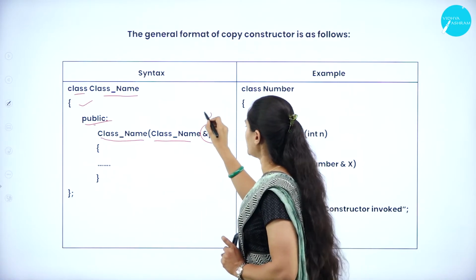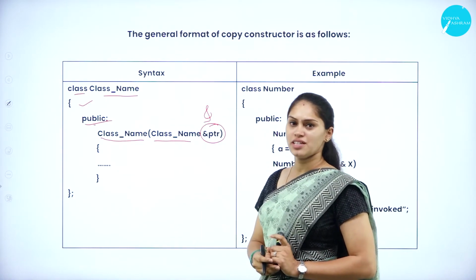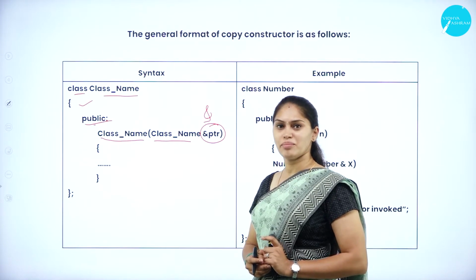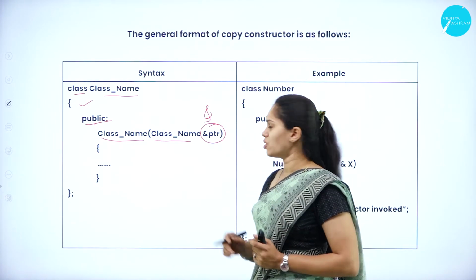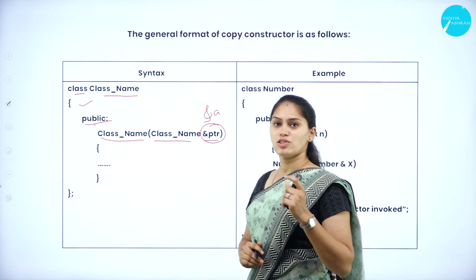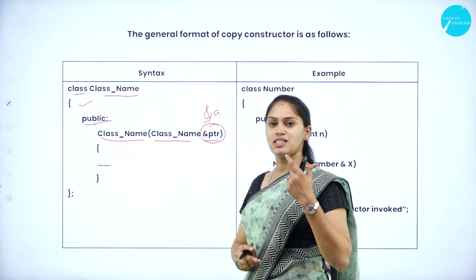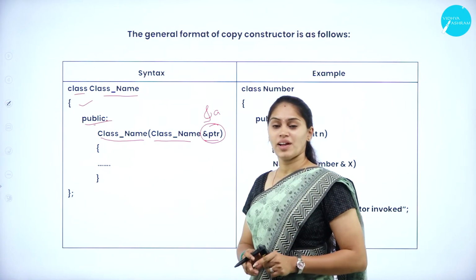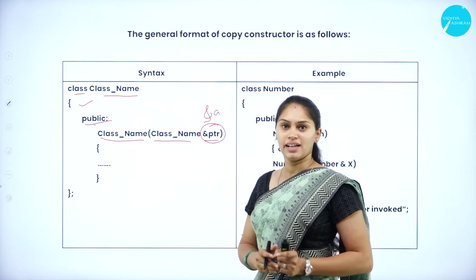So why do we require this ampersand? What is the usage of this ampersand? That is nothing but the address of a variable. So if I am specifying a here, then it is going to hold the address of that variable a, where it is located in the memory block when it is created or declared.